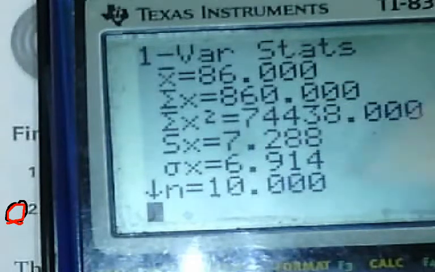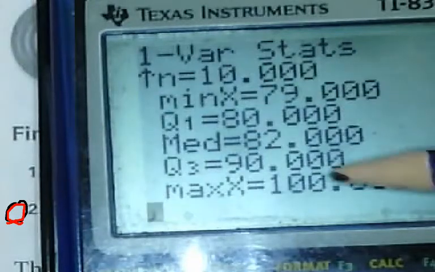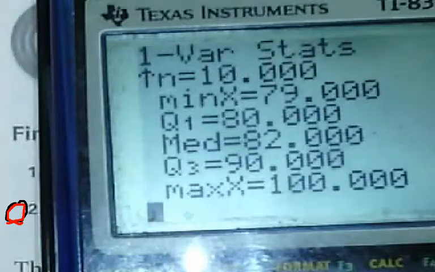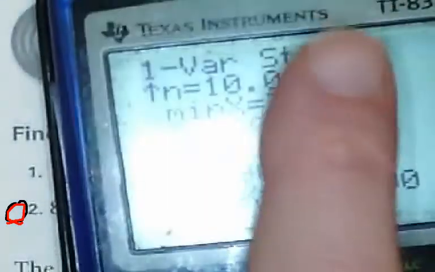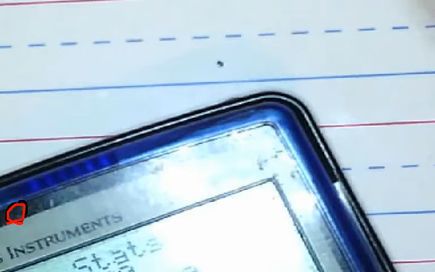And then we go down the list. These 5 numbers right here, from the min to the max, that's the 5-number summary. You say, what? Yep, that's the 5-number summary. So if I was going to write down the 5-number summary, this is what they give me. They give me the minimum. Then they give me something called Q1. Then they give me the median. Then they give me Q3. And then they give me the maximum. So the numbers are